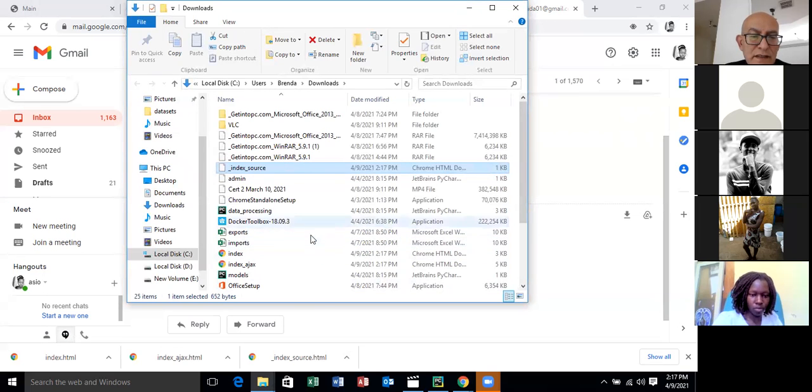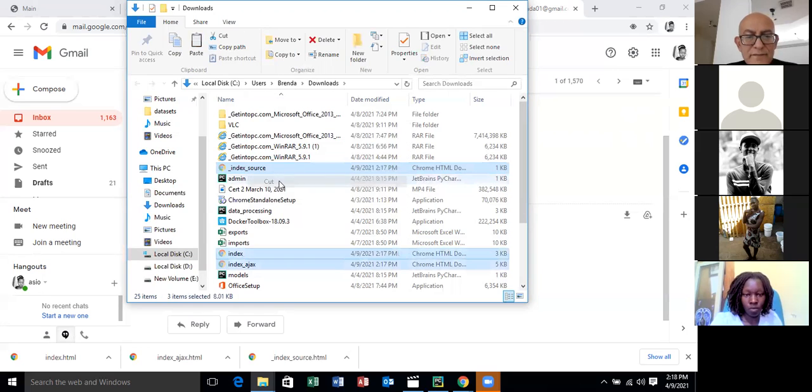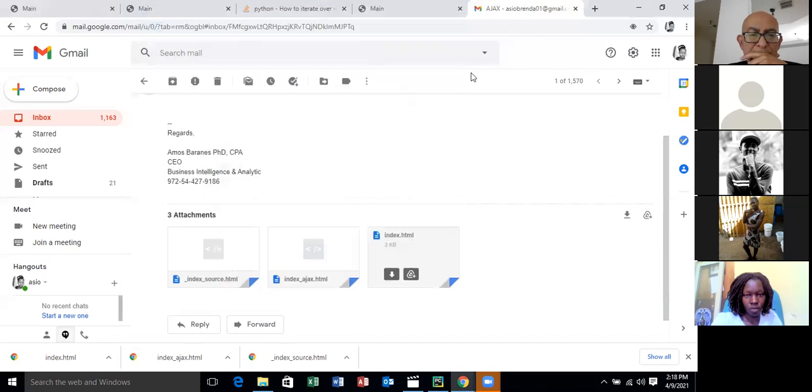And here it is. Where are the other two? The other two. This is the index source, index Ajax. It's down there. There it is. And then the index HTML. And what else do we have in index? Take those three, cut them, and let's go to